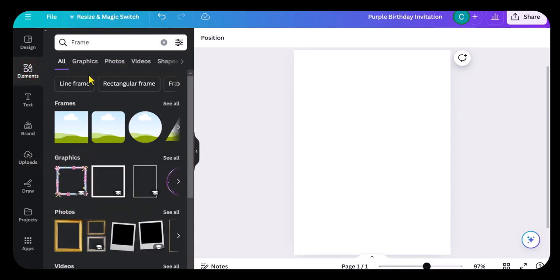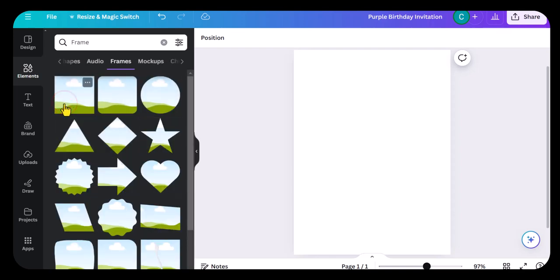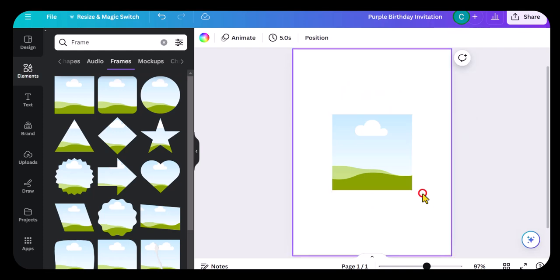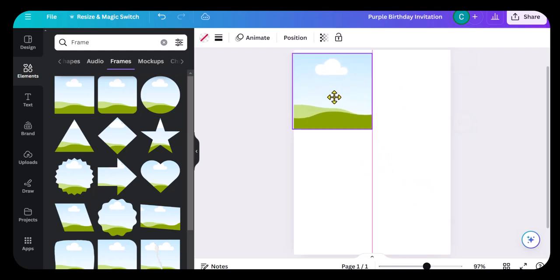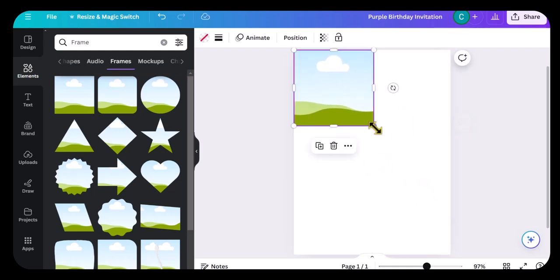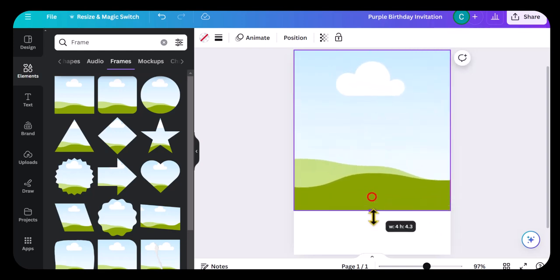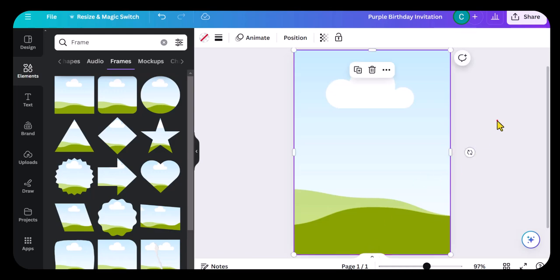From the very same vertical menu bar, I'm selecting that Elements tab and I'm selecting Frames. I'm going to use this rectangular frame to cover the background of this palette that we're looking at.